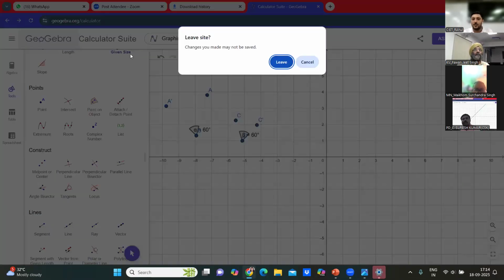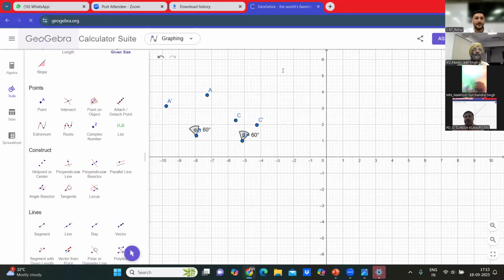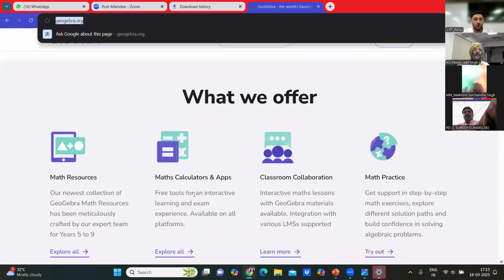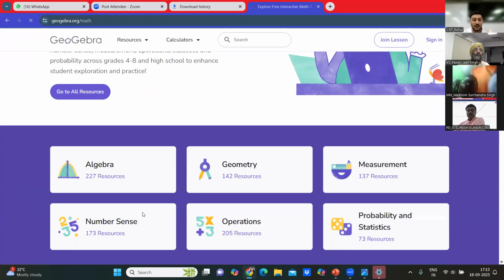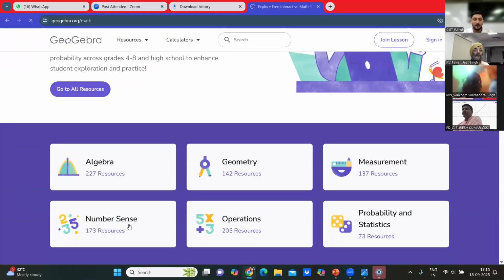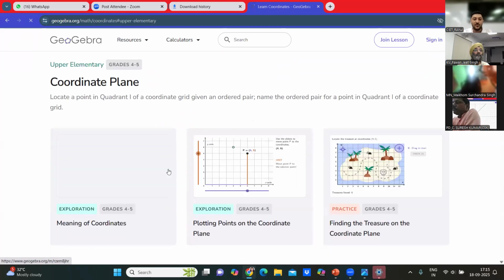For problems for primaries, we can go to the GeoGebra home page and go to math resources and click here on number sense and go to upper elementary grades 4 to 5. Here we can go to 4 to 5, and there are many problems,